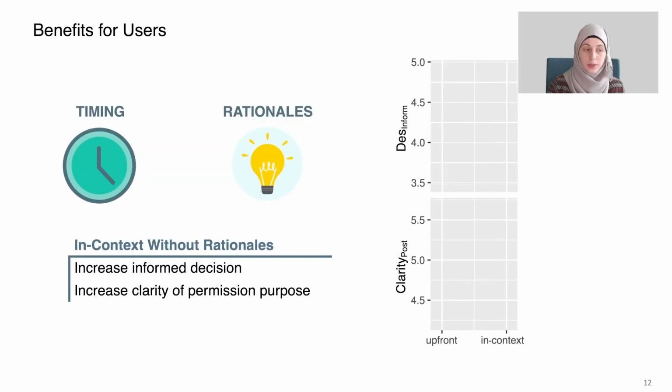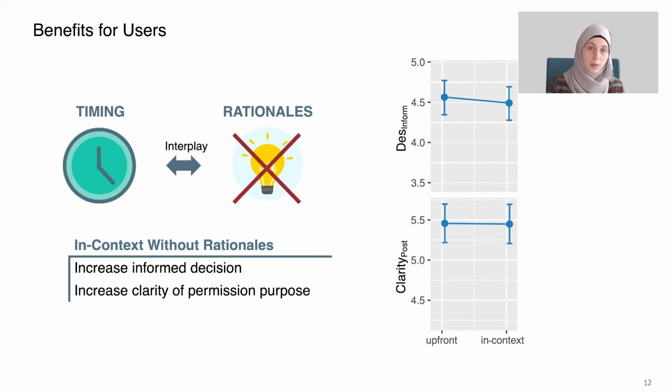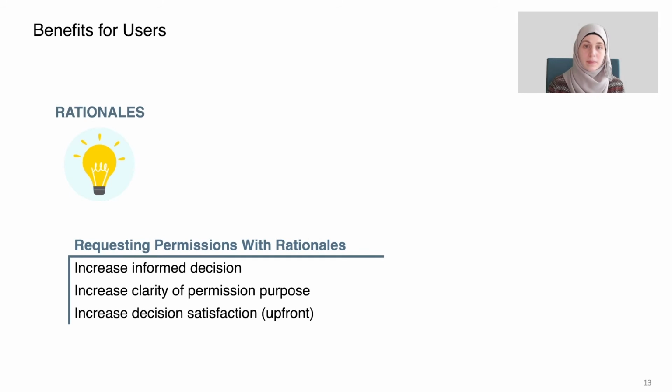Now, regarding users, in this case, we found that there is an interaction between timing and rationales, which means that when rationales are present, the effect of timing is not significant. However, without rationales, we found that requesting permissions in context helped users make informed decisions and increase their clarity of the permission purpose. Regarding rationales, we found that users benefit from rationales for both upfront and in-context permission requests, as